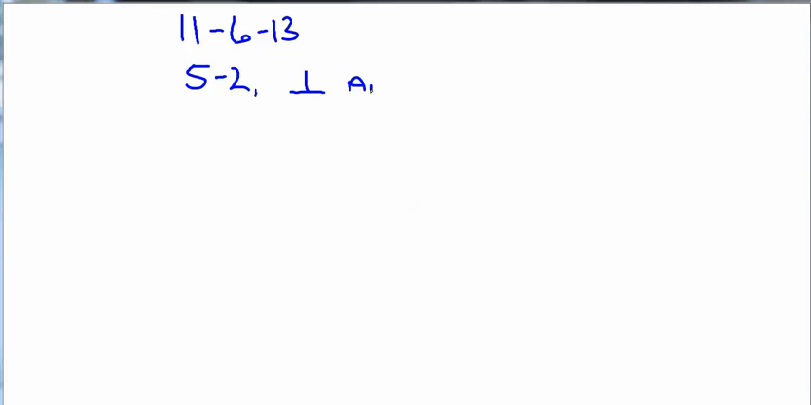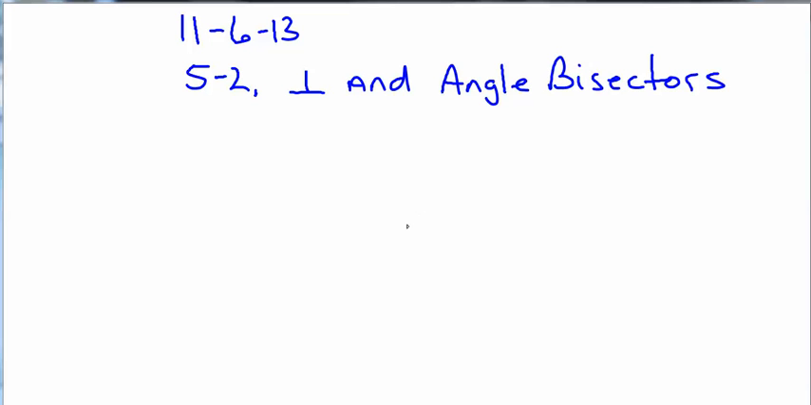Perpendicular and angle bisectors. Alright, if you got a line segment and it's intersected by another line or another segment, and those two form a 90-degree angle,